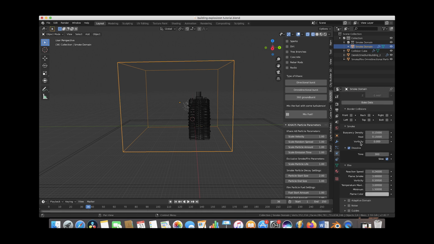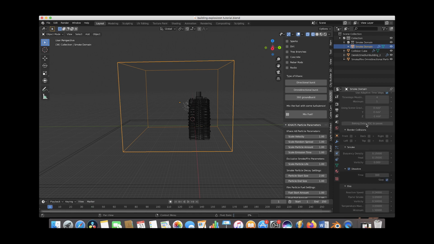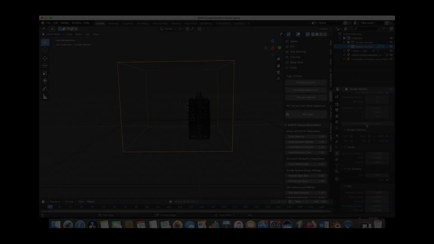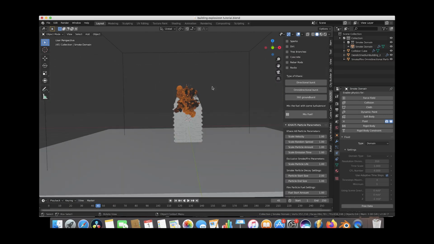And now this is looking pretty good. We'll go ahead and press File, Save, just one more time before we bake our data. And finally, we'll go ahead and just press Bake Data, and then give your computer some time to bake this base simulation. Alright guys, so we are back, and this is our initial explosion result here, and it's looking pretty